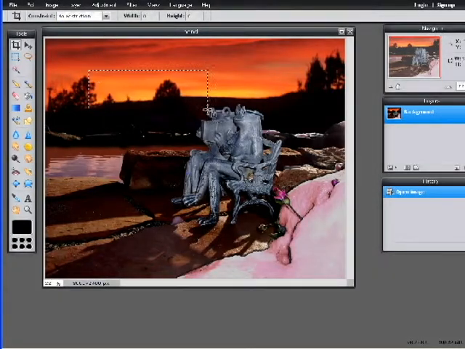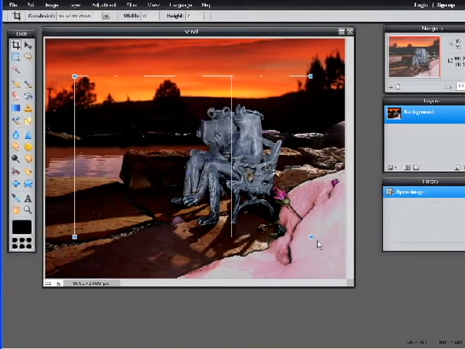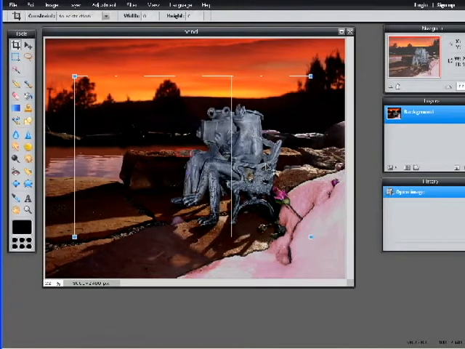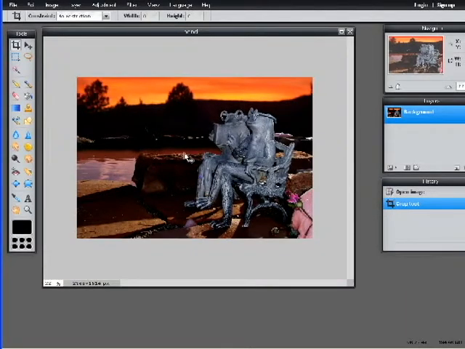With no restriction, I hold my left mouse button down and drag into the size I want. When I let go of the mouse, you'll notice it gives you the nice rule of thirds composition lines, and so I'm going to adjust this so it's a nice composition and much smaller. Now if I double click inside, it crops my image. Now you can see my image is 2368 pixels by 1614 pixels, a little smaller. The information that's gone is gone forever. It has been completely removed and deleted. Once I save this, I cannot get any of it back. We're going to undo this,